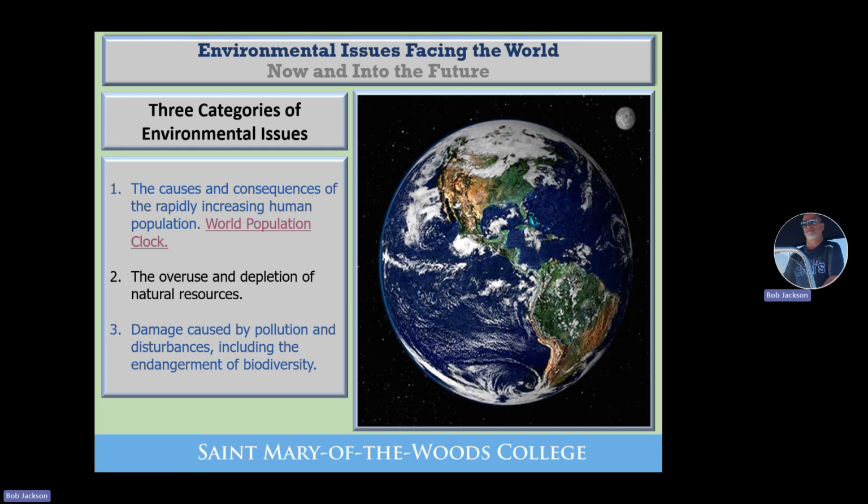And then the third category of environmental issues is damage caused by pollution, which endangers not only animals but also people. Take air pollution. In areas of the world where there was heavy industrialization in the past, you would see higher rates of lung problems, breathing problems, and even cancer rates. But then you also get everything like